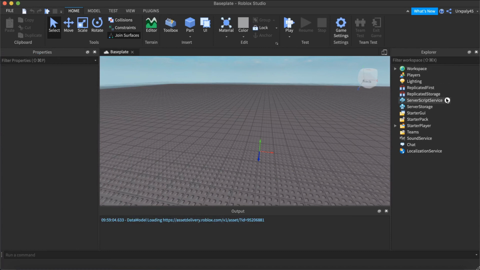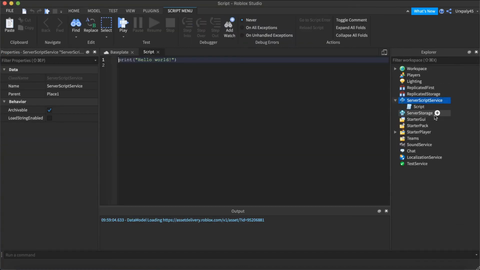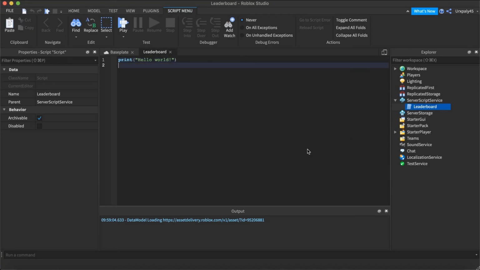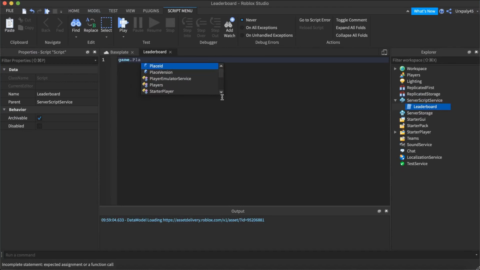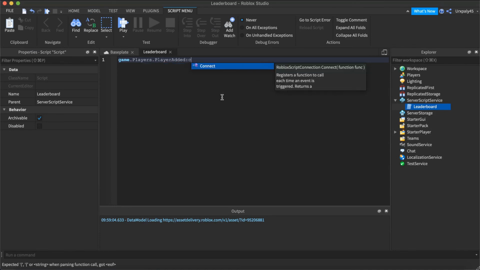And we're going to start off by adding a script in ServerScriptService. We'll name it Leaderboard. And yeah, delete print hello world because we don't need that. So we're going to start off by doing game.Players.PlayerAdded:Connect(function(plr)